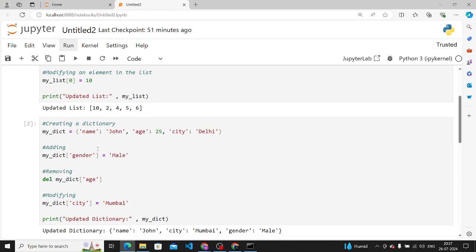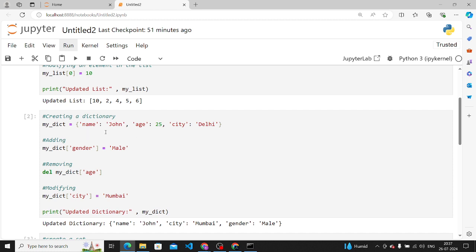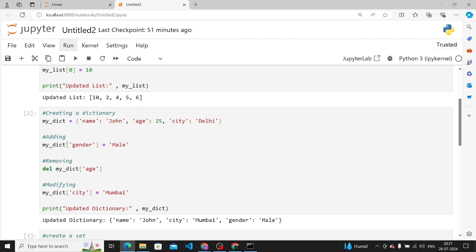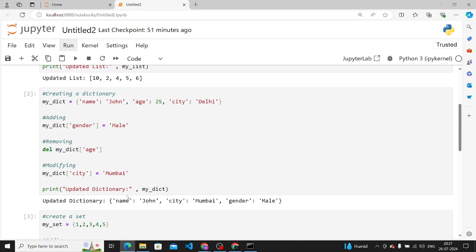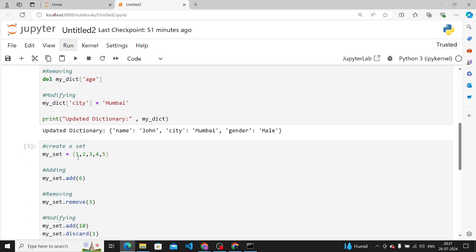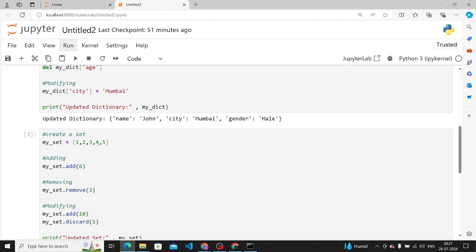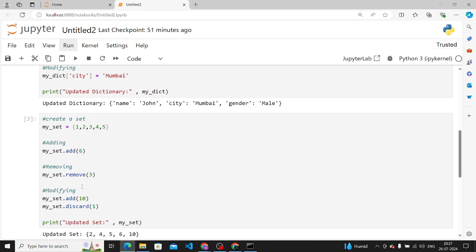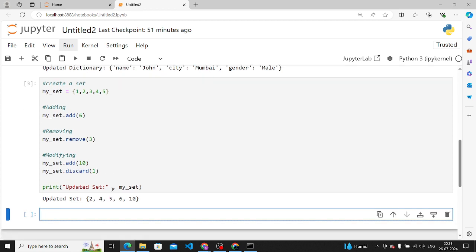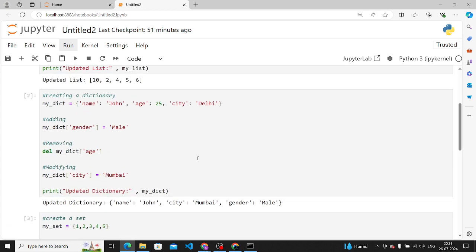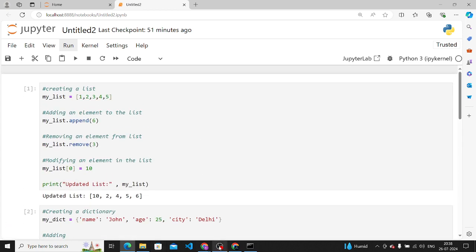Second comes the dictionary. Dictionaries are unordered collections of key value pairs. This is how you can create your dictionary. For adding, here is your syntax, for removing you can use the del keyword, and this is for modification. Then comes the set. Set contains unique elements, and for this you have to use the curly braces. For adding you use add, for removing you use the remove function, and these are the modification functions, and this is your updated set. Okay, so yes, this was all your task 1. I hope this is